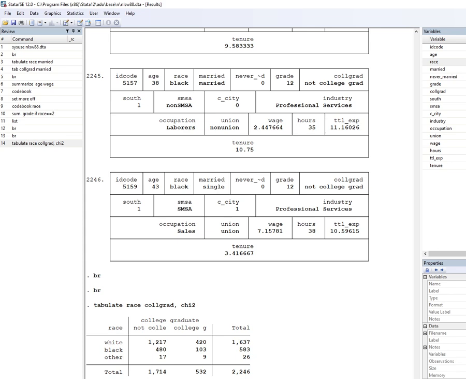Now let's remind ourselves of what the hypotheses were. It's good, before you even run that analysis, to make sure that you have deliberately stated which is the null and which is the alternative. In this case, the null hypothesis is that there is no relationship between someone's race and them graduating. The alternative hypothesis is that there is a difference between